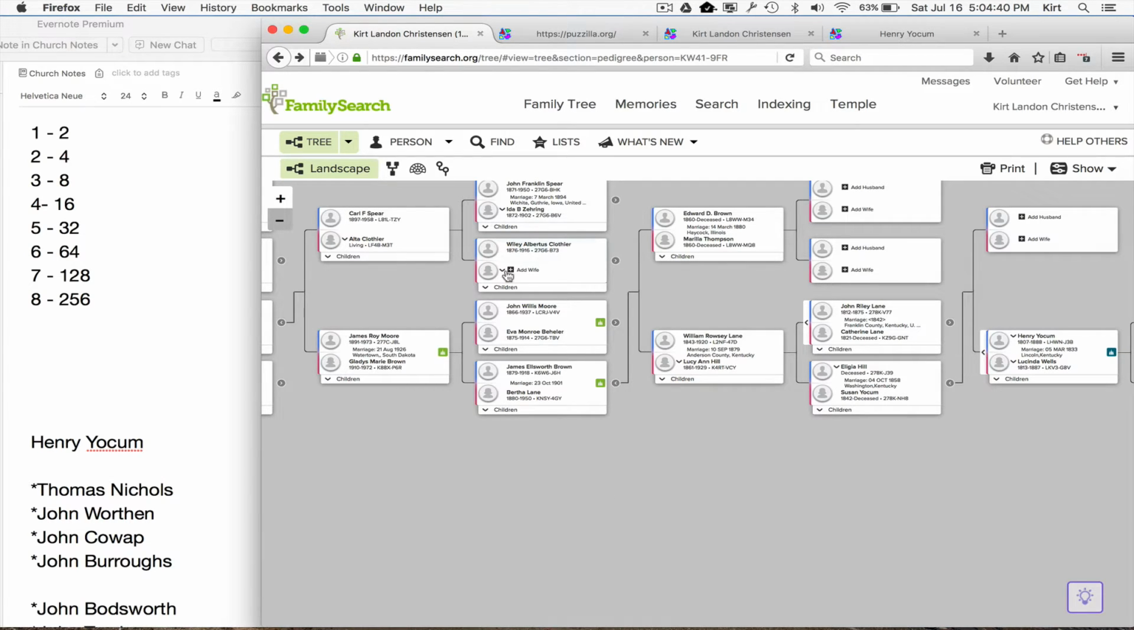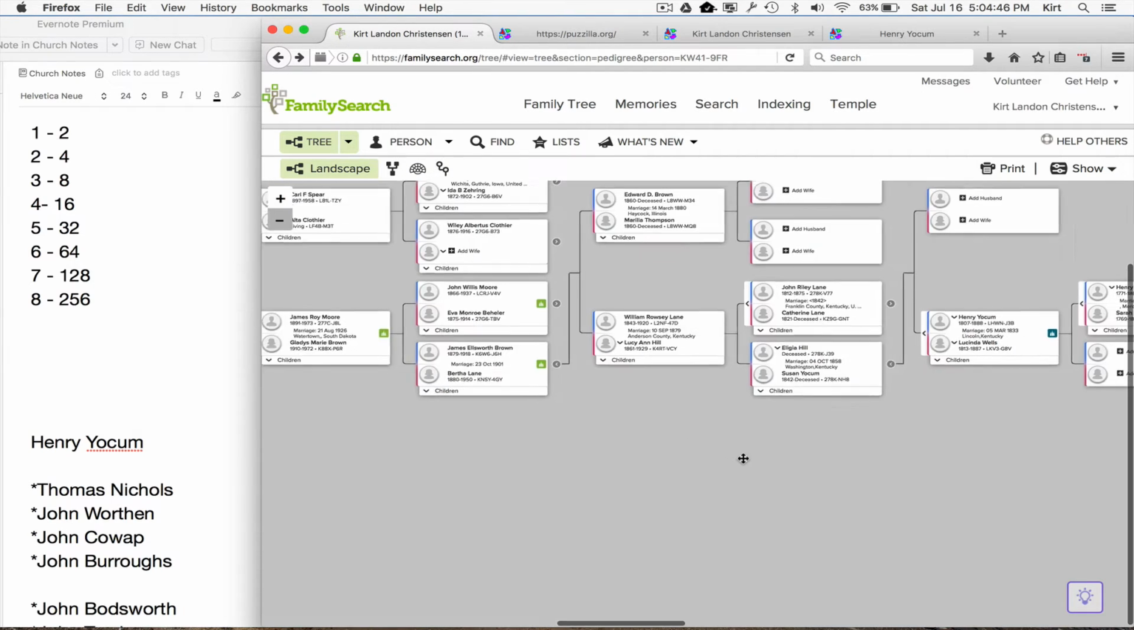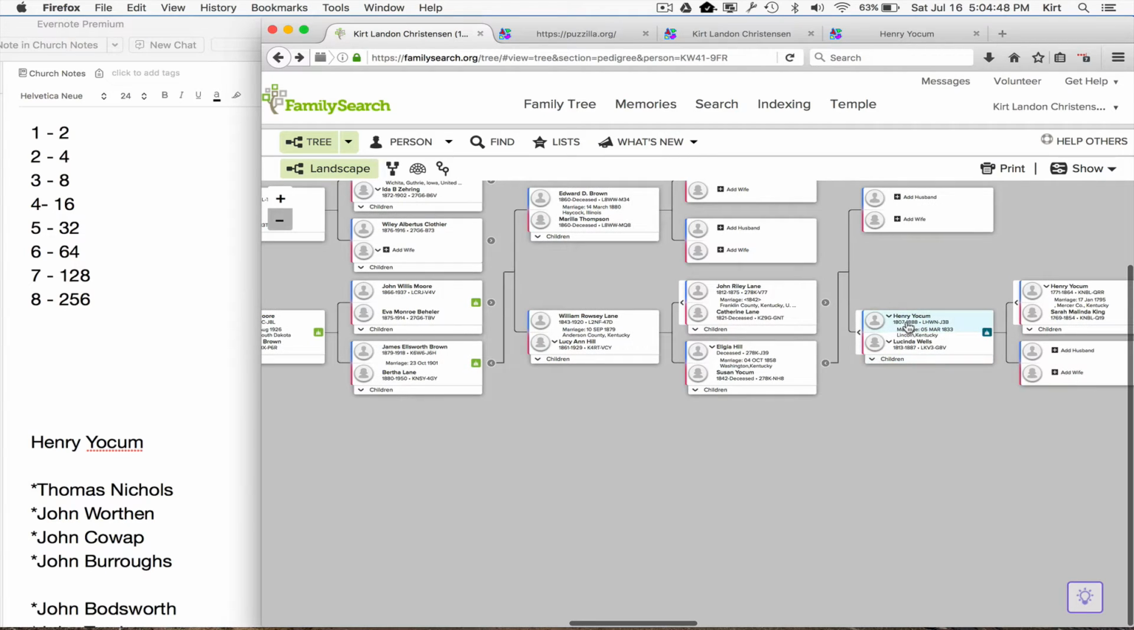is looking at the descendancy view, it only goes back 4 generations. So if I look at the descendancy view, I'd be able to see, say, Henry Yoakum and all his descendants, but it only goes back 4 generations. So it makes it a little bit more difficult because you can't quite see as many names as you'd like